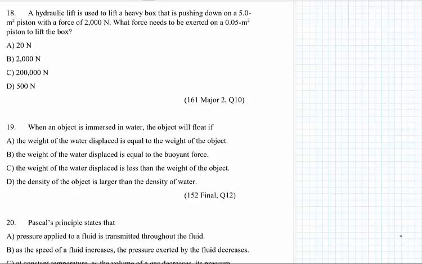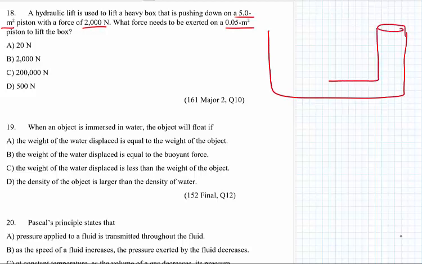A hydraulic lift is used to lift a heavy box that's pushing down on a 5 square meter piston with a force of 2000 Newton. What force needs to be exerted on a 0.05 square meter piston to lift the box? So we have a simple hydraulic device. It has two sides. There is a piston on the first one. The force F1 is 2000 Newton. The area of the piston